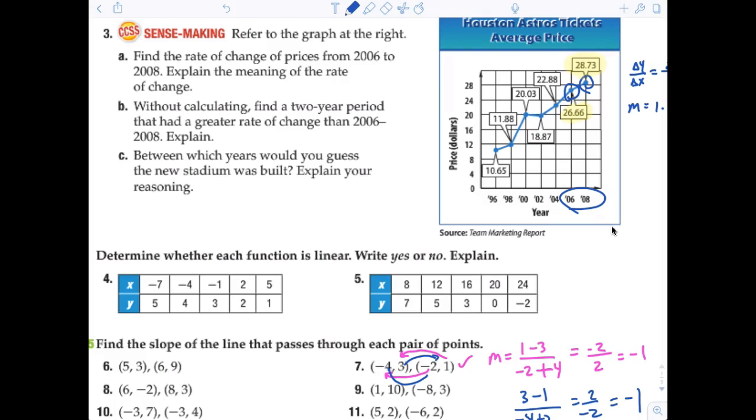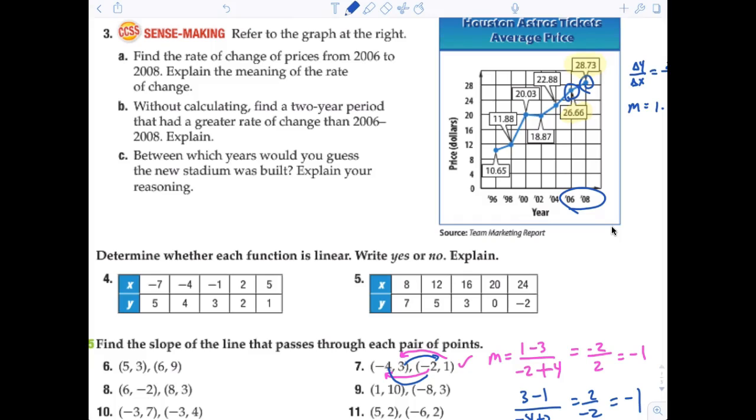All right, now, the important part for my thinkers. Listen, come on now. This is the SAT question. Right here, SAT question: Between which years would you guess a new stadium was built? First of all, I had no idea. None. I didn't even know what they were talking about because I never read the graph. What is the graph talking about? This is the Houston baseball team, correct? Here was the price of each ticket, and here was the year. Your job is to say, when do you think the new stadium was built?